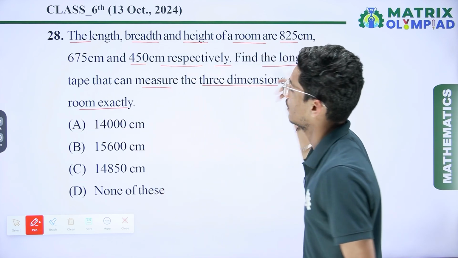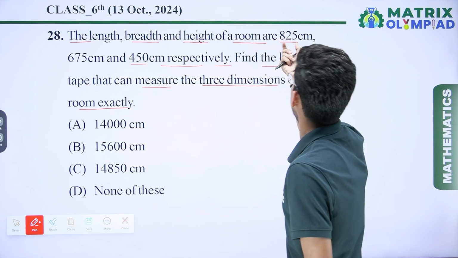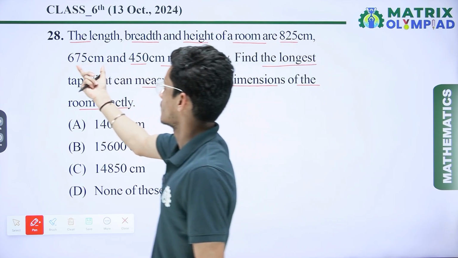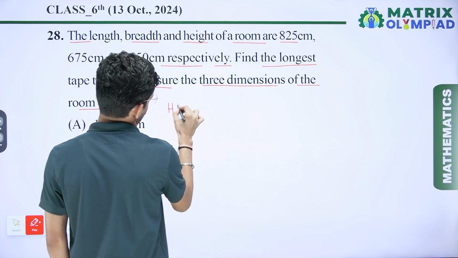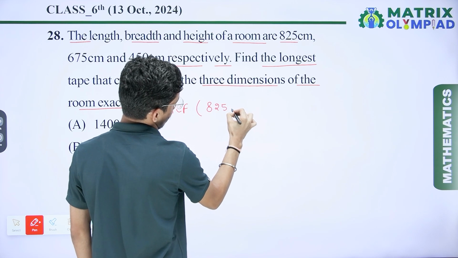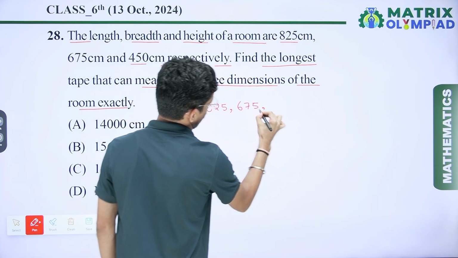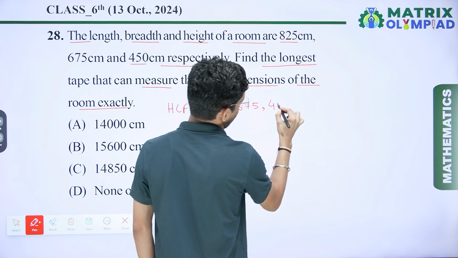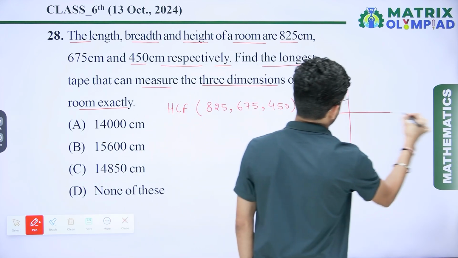So here we have to find the longest step. For the longest step we have to find the HCF of 825, 675 and 450. So here I can say that HCF of 825, 675, 450. So simply, I write here